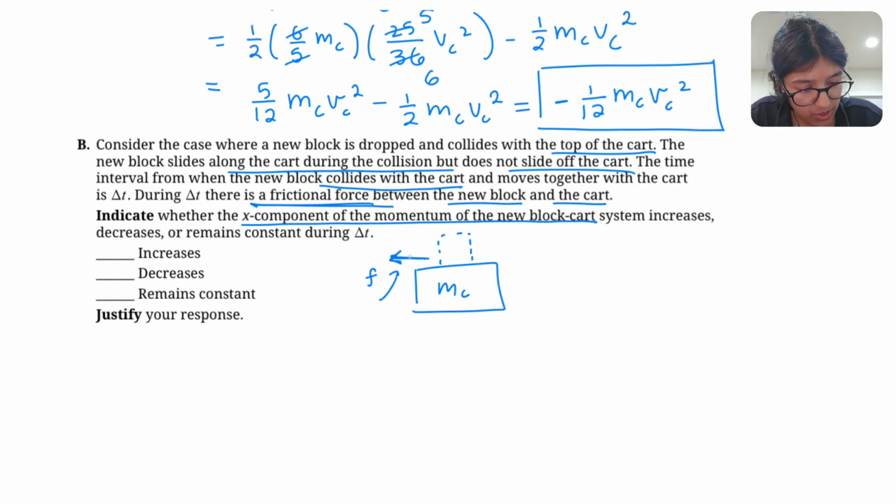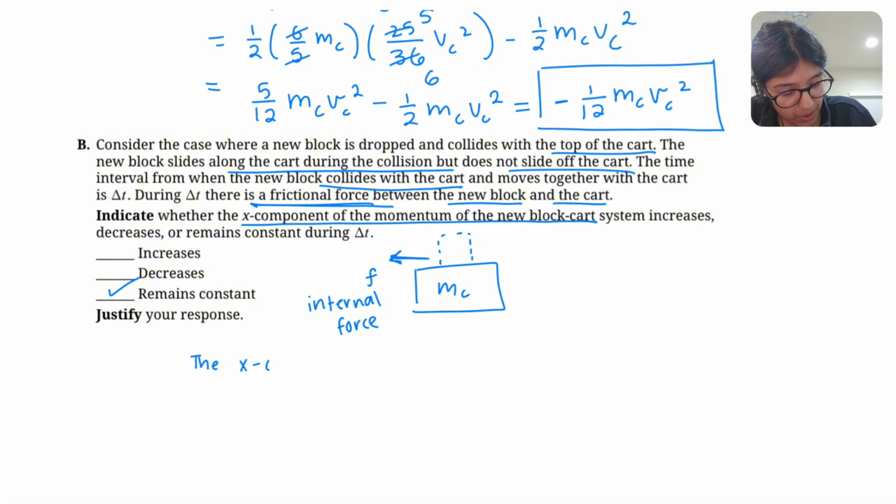But over here, I know there's a frictional force between the block and the cart, but that's the internal force. So this force over here, actually, that's confusing. But this frictional force over here is an internal force. I honestly think that the x component of momentum is going to remain constant, and just solely because of that reason. It's an internal force. It's not going to affect momentum at all. So a valid response I would write is that the x component